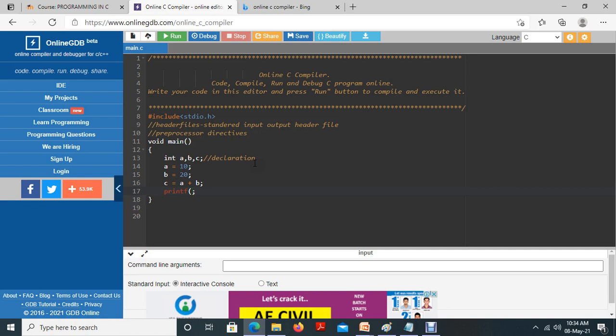So try to avoid such kind of errors. Okay. Anyway, as a beginner, you may face errors like that, but try to practice in a proper way so that you don't waste time correcting this kind of silly errors. Okay. Printf. In this printf, what I am doing is, okay, before explaining about printf, I just want to mention these statements. These statements are comment statements. Why are we using these comment statements here?